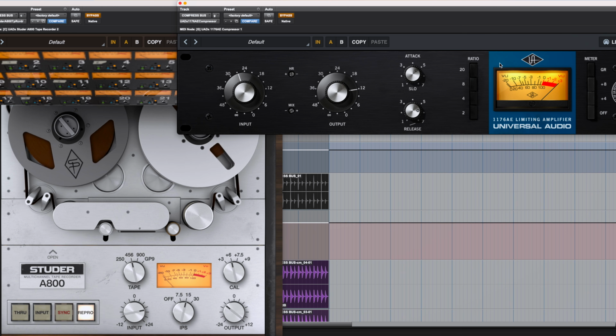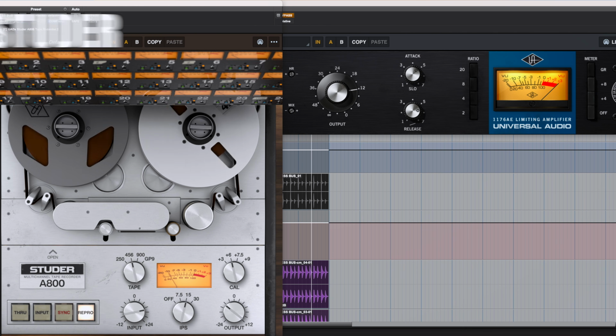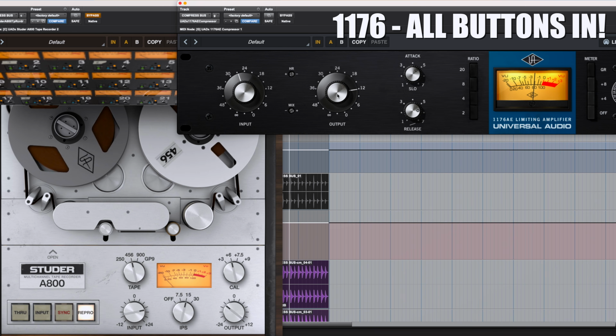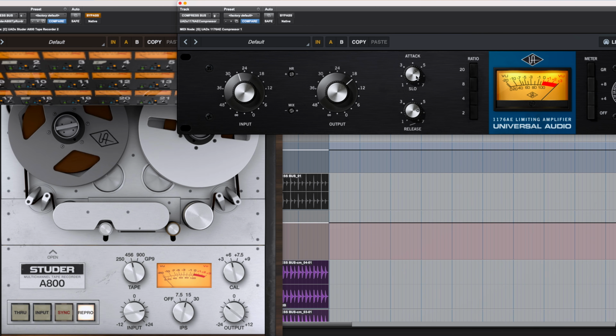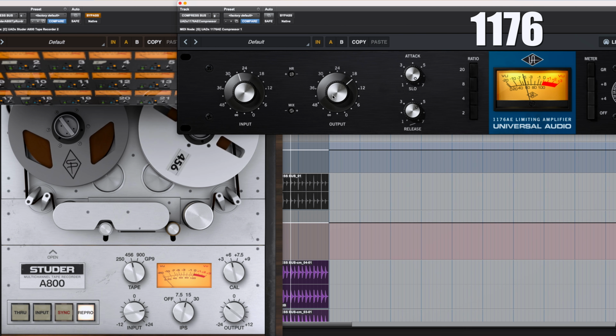So we're in Brit mode here. So here we go, Studer. Let's push the attack as fast as we can and see if we can shave off even at its fastest. Let's see, and we'll slow the release a little bit. Let's see if we can get closer. That moved us away. So with trying to retain a little bit,